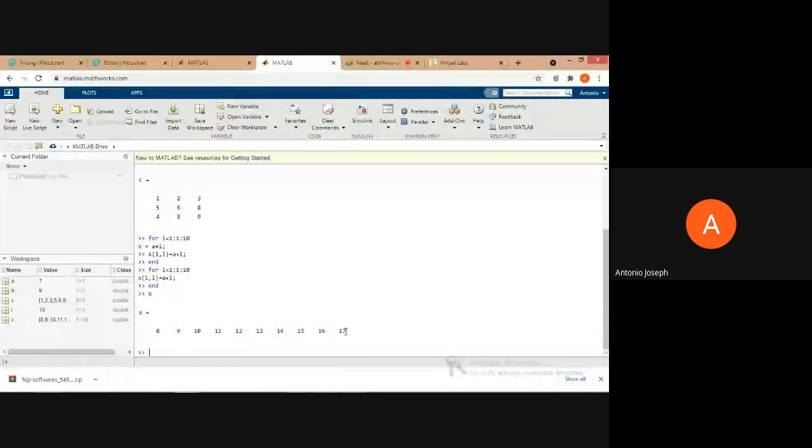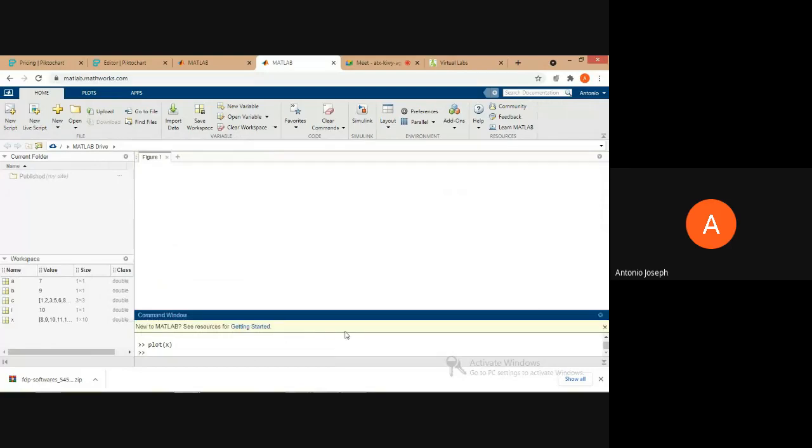And we can plot also. We can plot x. So this is the graph that is obtained, and we can do some editing for creating the grids or for providing the title, etc. So that's what we can do with this MATLAB.